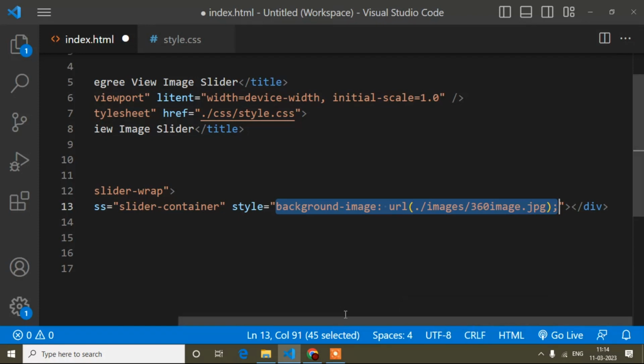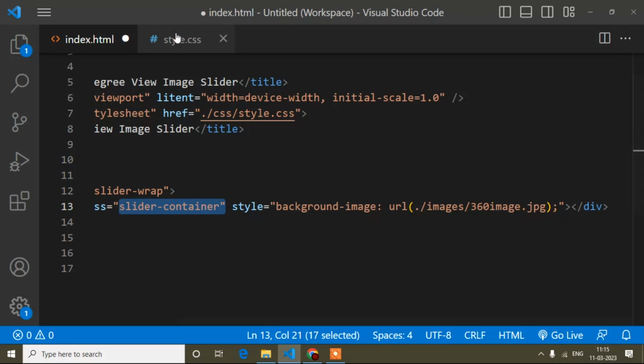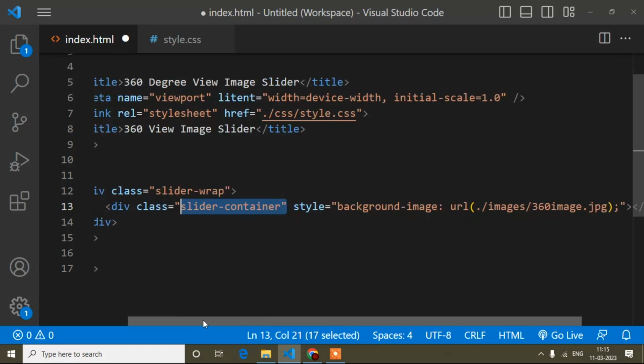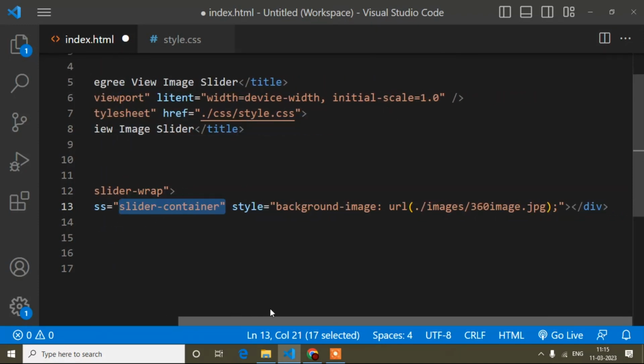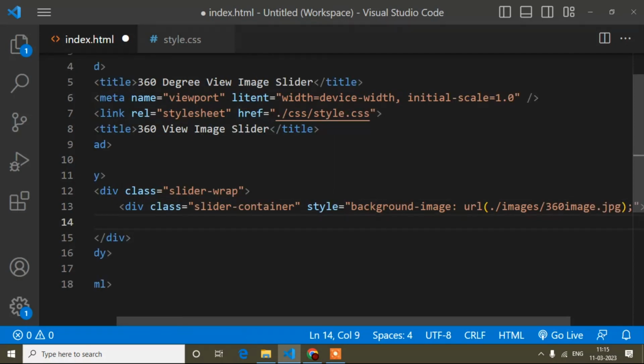So that's why, when anything is dynamic, try to write it inside HTML, not CSS. Suppose you want to change the color of this element, so don't write it in the style.css file, try to write inline CSS, and then it can be done easily. So now it is done, and now here I will write input type range, because when I slide this range, my slider will change.